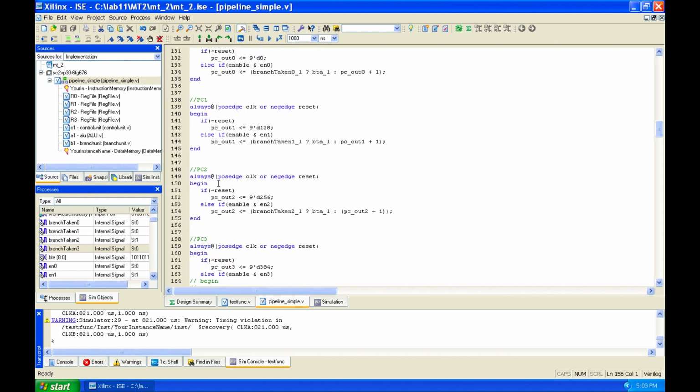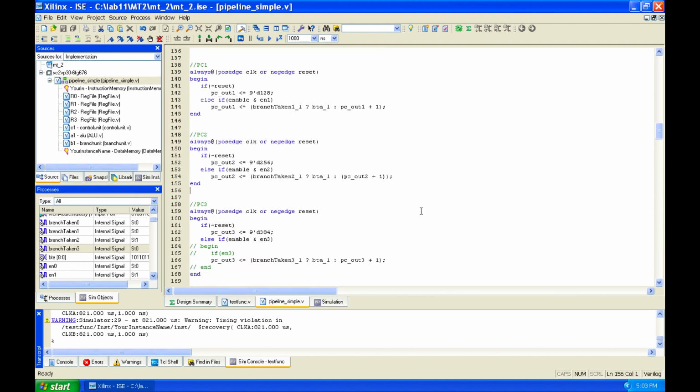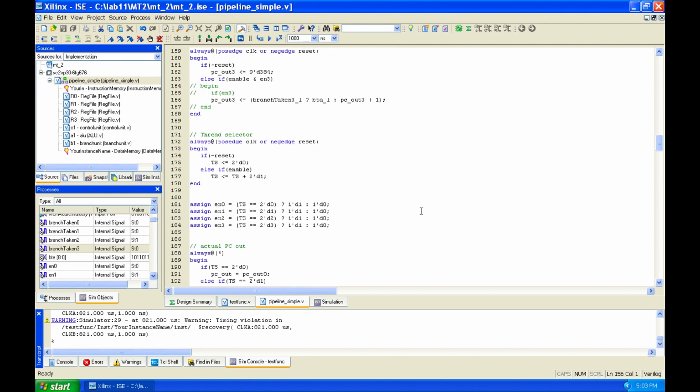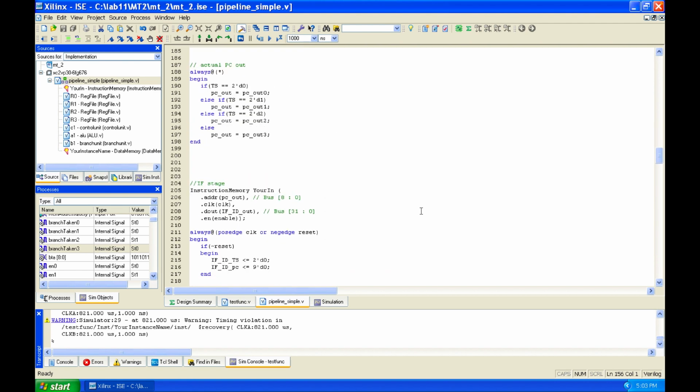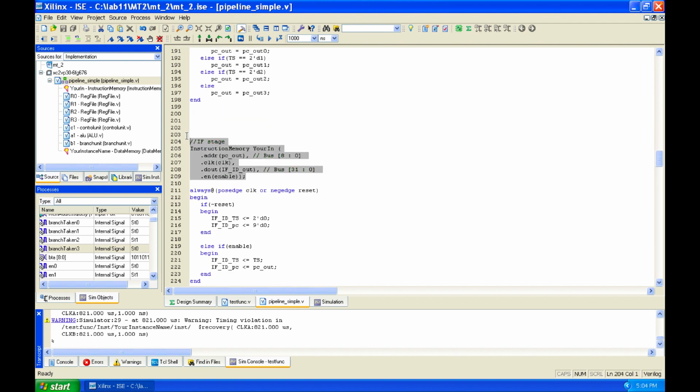So the reason I have done that is, when we come to the instruction fetch stage, I'm using the same instruction cache. Again, it's a design choice that I've made. Either I could have instantiated 4 different instruction caches corresponding to the 4 different threads, and that would also work. But what I've done is I've used a single instruction cache, and then I've given 4 different regions for each